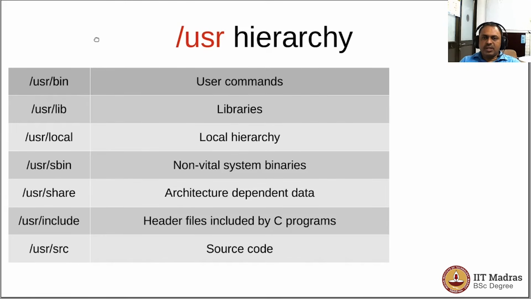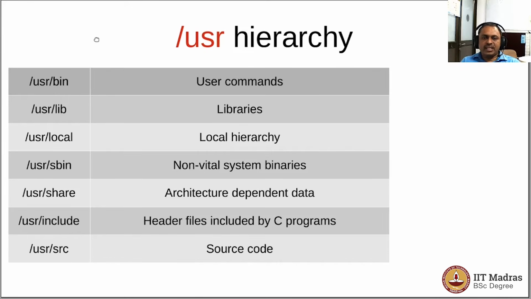Before we wrap up, let us look at the hierarchy of the /usr and /var folders, which is quite extensive. The /usr hierarchy is a secondary hierarchy. You would have a /usr/bin folder which contains commands that every user is expected to be able to run, and a folder called /usr/lib where library files are located. /usr/local is a directory where certain applications specific to that particular system are installed, which may not be common for all the operating systems in that particular variant.